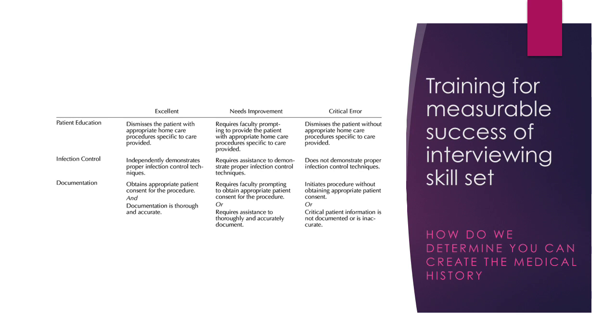So, a measurable success in your interviewing skill set is how did you get the information forward to the patient? How did you acquire the information from the patient? So in 3 areas: patient education, infection control, and documentation. There's an evaluation very similar to the rubrics that we answer for, did you do a good prep? Did you do a good temporary? Have you created in the patient education the opportunity, the correct home care plan, which is specific to that patient